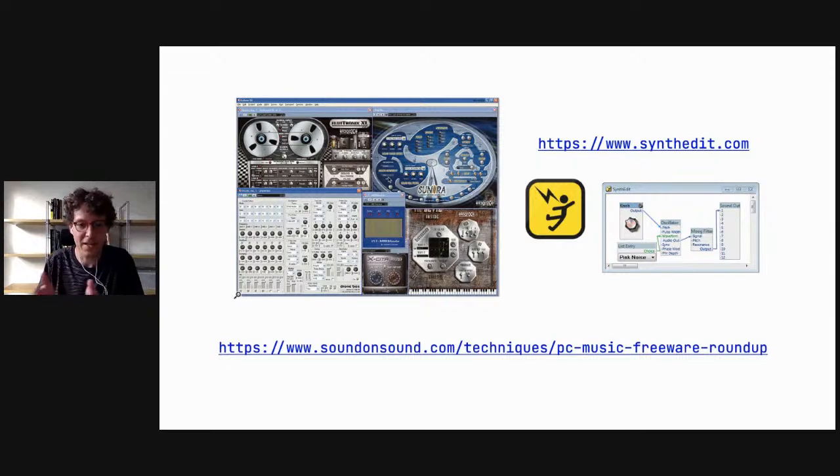And you can make a nice user interface in Photoshop, and I think it was PaintShop Pro at the time I was using. And you can export bitmaps and make a pretty professional GUI. And there were a lot of people making some really creative and interesting things with it. Some of the modules in Synthedit were pretty good, to be honest, like high quality oscillators and envelopes that were